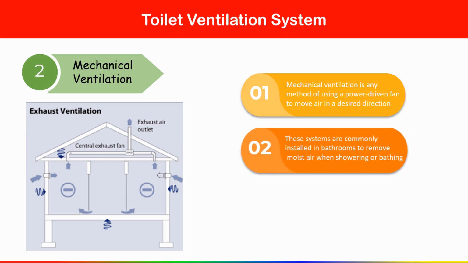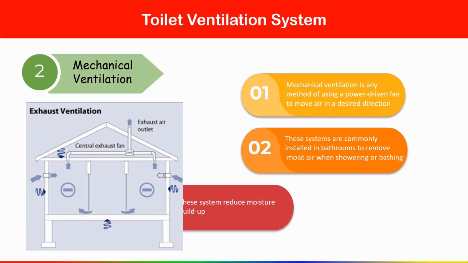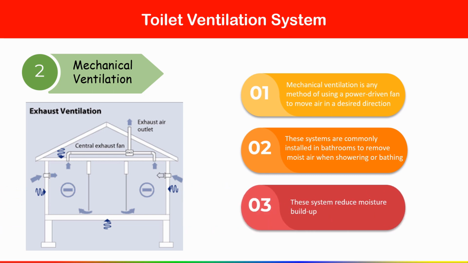Second point is that these systems are commonly installed in bathrooms to remove moist air when showering or bathing. Okay, suppose if you are bathing or if you are using the shower, at that time moist air will be present in the toilet or in your bathroom. So to remove that moist air, we are using this ventilation system, and these systems reduce moisture buildup. Okay,